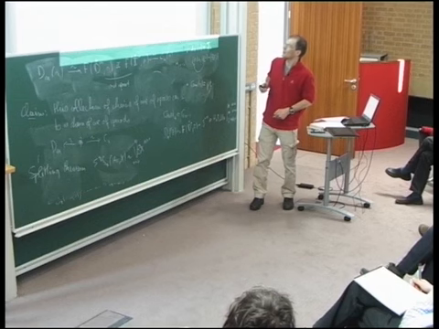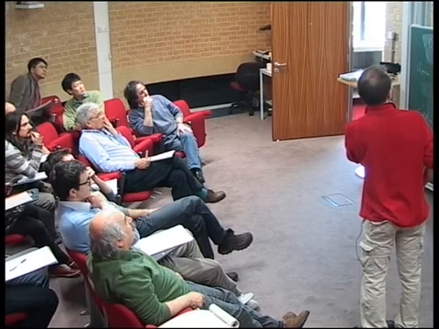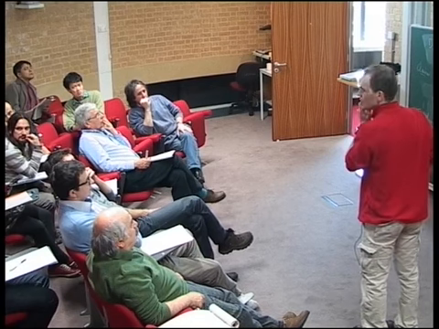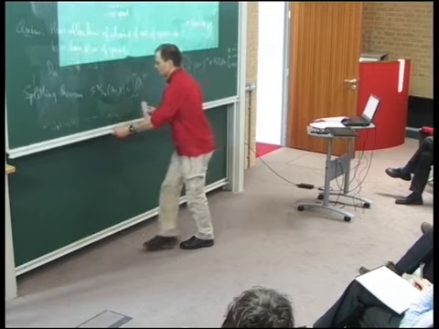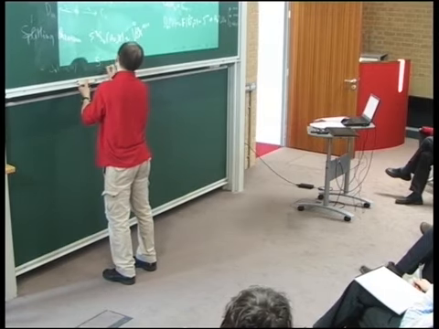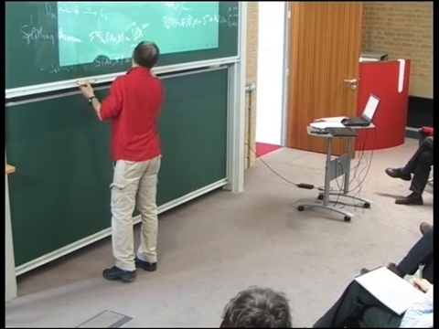And for n equals infinity, the free associative monoid generated by X is equal to the disjoint union of products of X. Maybe I will write down the explicit construction. So the free associative monoid generated by X, I take this disjoint union,